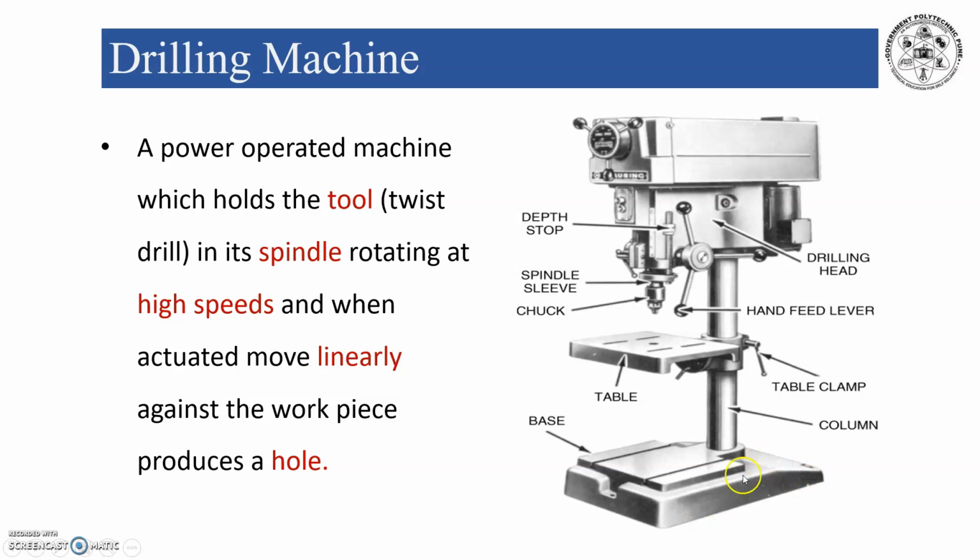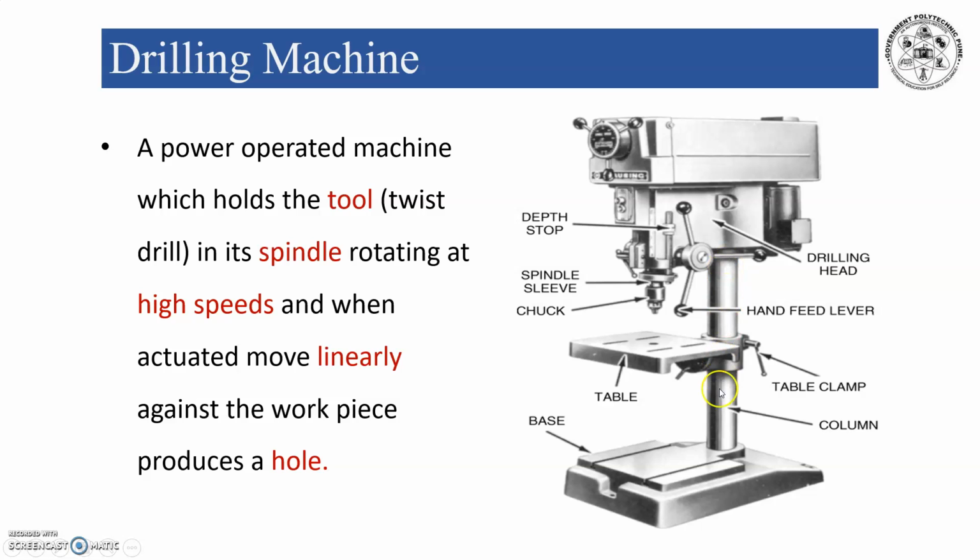This is the base. Base is the part of the machine on which the vertical column is mounted. This is the vertical column, mounted on the base. In the belt driven machine, the counter shaft, which consists of a fast and a loose pulley, and the cone pulley is fitted on the base of the machine. The top of the base is a round column section, and T-slots are provided so that a large workpiece can be held directly on this base.